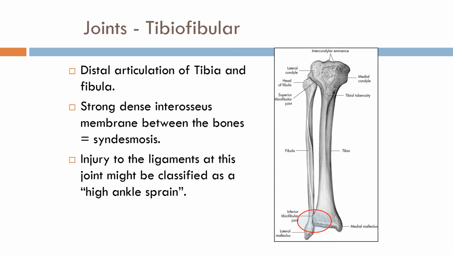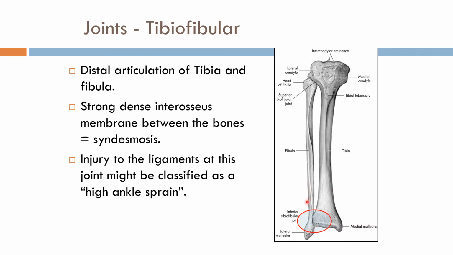Okay, so the first joints we're going to look at are the tibiofibular joints. You really have two tibiofibular joints. You have a superior tibiofibular joint, which you can see right here, and then you have a distal tibiofibular joint. Obviously, this one down here is going to impact the function of the ankle. That's where we talked about, when you hear the term high ankle sprain, that's where the sprain takes place. That's the more serious of the sprains, and the reason it's so serious is because this forms the superior part of the ankle joint,